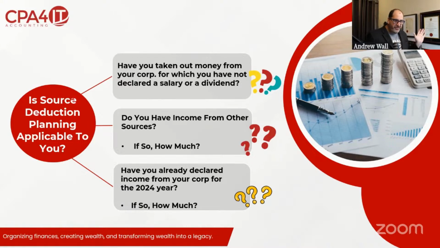Now, again, if this is all getting overwhelming and confusing and it's your first year, we do encourage you to reach out and connect with your account manager here at CPA4IT. But for those of you who have some familiarity with this process or have been doing independent contracting for a couple of years, we've developed some processes to make this a little bit faster and easier for you, so you don't have to go and book a meeting with your account manager. And what we're going to do is go through a bunch of questions with you to determine how much we should declare as salary. And that's going to be done through some of our online forms,